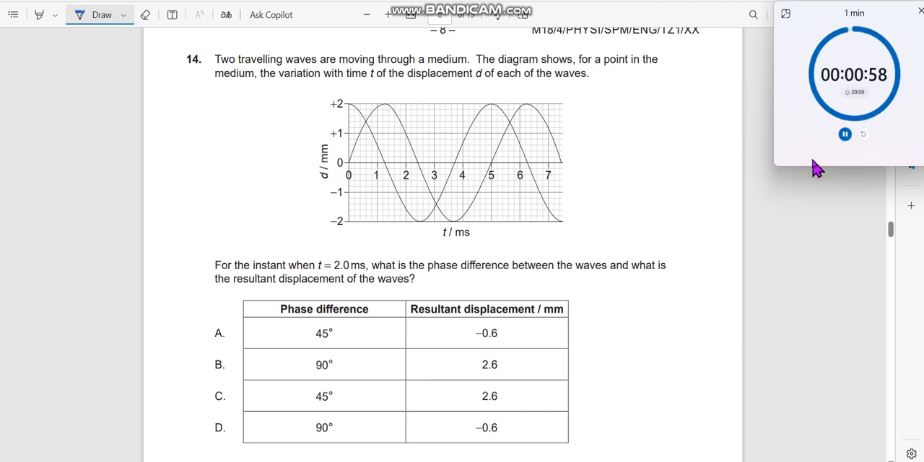Question number 14. Two traveling waves are moving through a medium. The diagram shows, for a point in the medium, the variation with time t of the displacement d of each of the waves. For the instant when t equals 2 milliseconds,